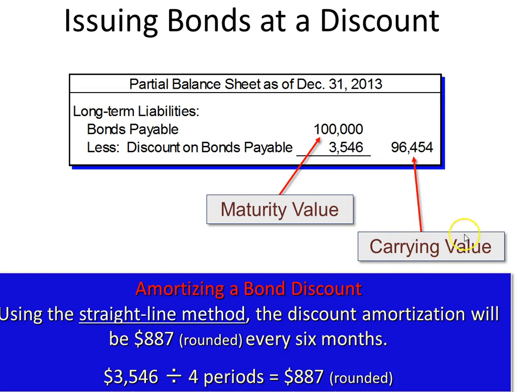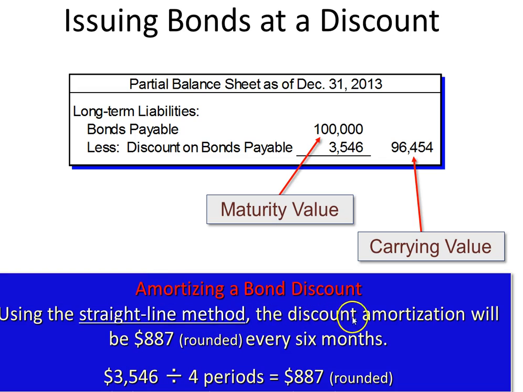Again, they're issuing the bonds. This is the carrying value. This is the maturity value. This is what you have received in cash, but it's going to go up and down in value. And then this discount on the bond, you're going to have to amortize the bond discount, and the same will be true of the premium. You're going to use typically a straight line method, sort of like a depreciation. And amortization is very similar to depreciation in concept, but it just means for bonds or intangibles, whereas depreciation is for a physical good. And so get used to that word, and it will be on the test.